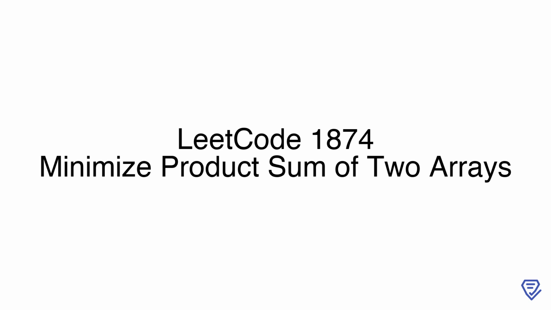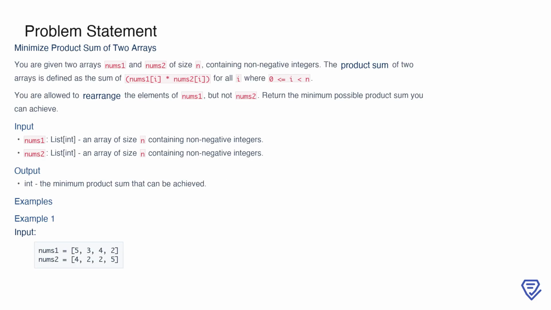Welcome. In this session, we'll explore an interesting problem: minimize product sum of two arrays. We'll dive into the logic and strategies to pair elements from two arrays to achieve the minimum product sum. Let's get started. In this problem, we are tasked with minimizing the product sum of two arrays, nums1 and nums2,